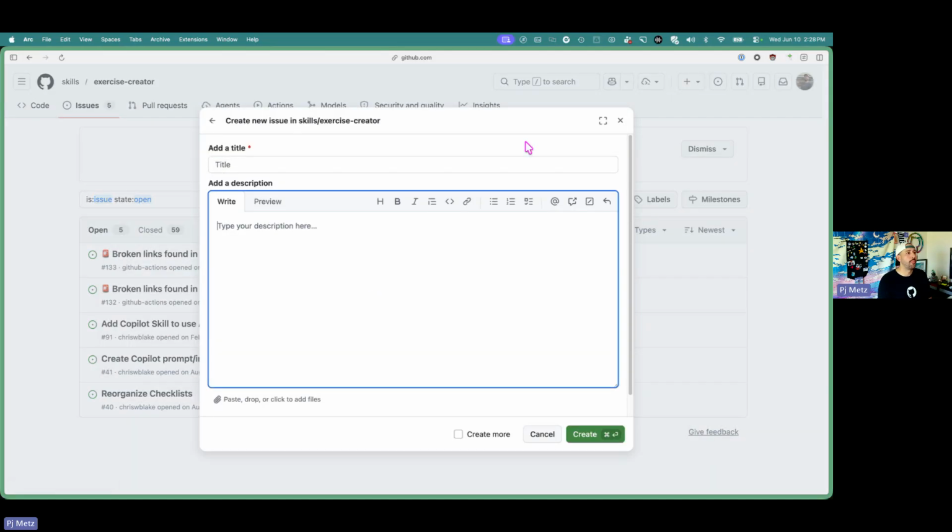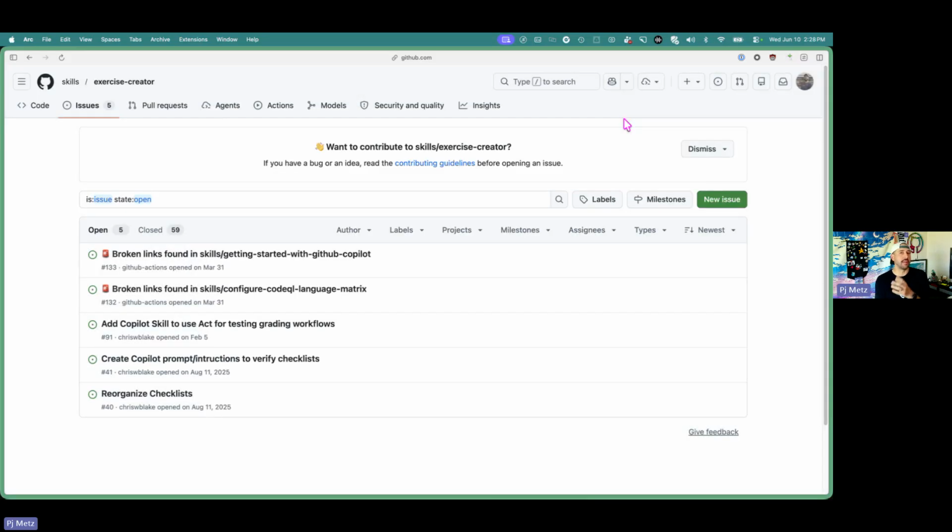So if you want people opening issues for specific reasons, templates are a great way to do it. I've said before, you can do it like I need help with homework, or I have a question about an assignment. You can do it as an issue, and then students can post it publicly, and either the educator can get to it and help them in the issue and give them feedback or help them figure something out, or another student can even pick it up and get the help there.